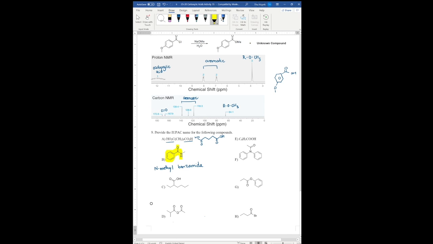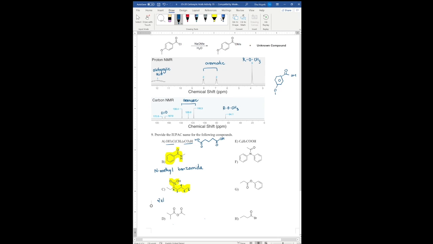Moving on to C, let's start by highlighting our parent chain. Remember, for such a structure, the parent chain should be the longest chain that includes our functional group, which is the carboxylic acid. Now let's count how many carbons are in the chain. Let's start right here with 1 being the position of the carbon in the carbonyl group, 2, 3, 4, 5, 6. So we know our parent chain is going to be a hexanoic acid, and at the second position we have a substituent. So it's going to be 2-ethyl